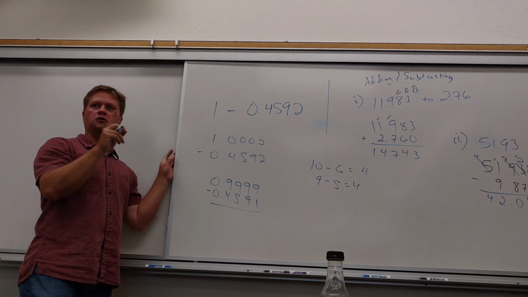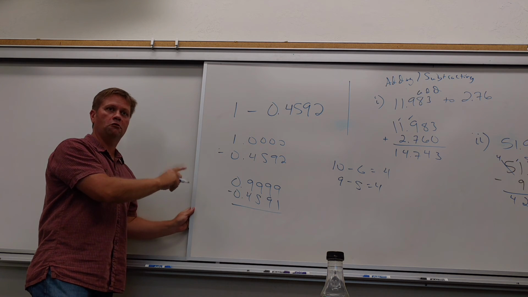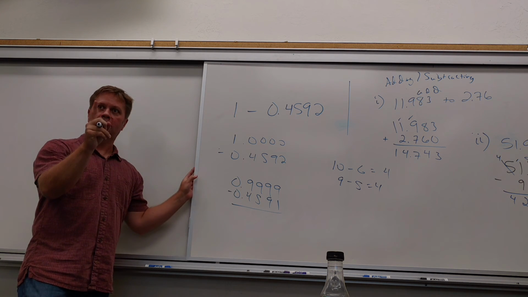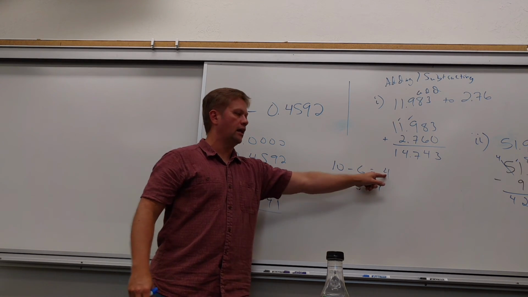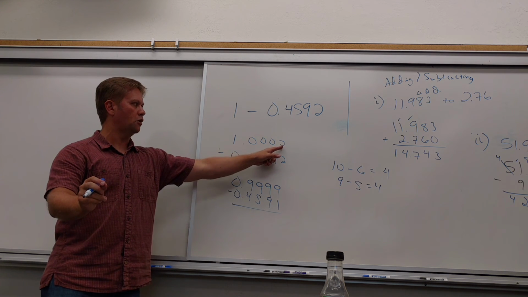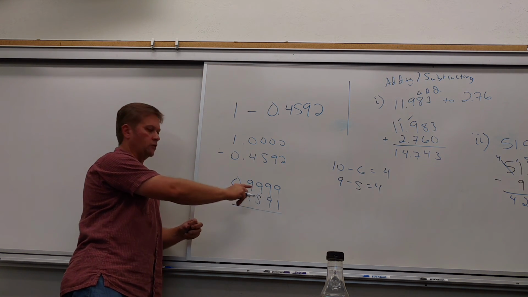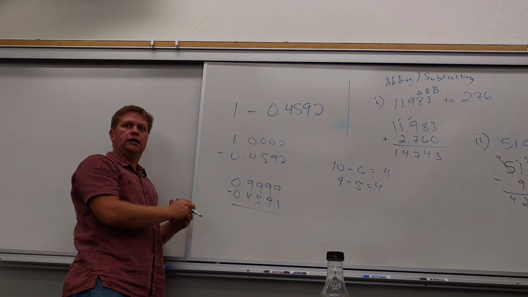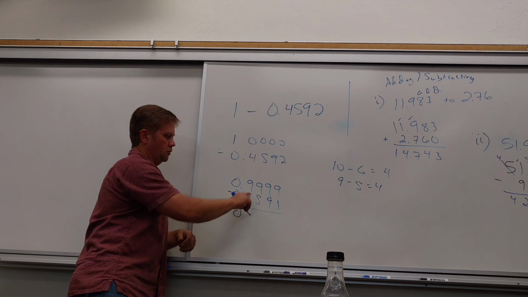This is not even the full shortcut yet. I just want to show you why the shortcut works. It's the same idea as this. If I take that down by 1, I can take that down by 1, and the answer is the same. So this answer is going to be the same as that because I took them both down by 1. And why is this easier? Because when I've got 9s up top, I don't have to borrow. So then I get 0.5,